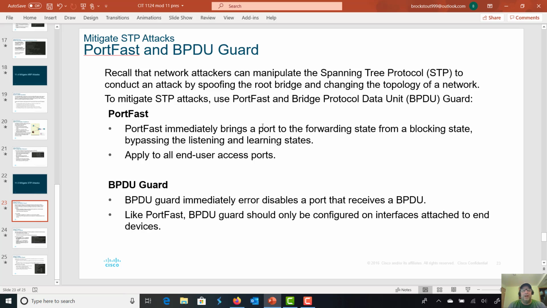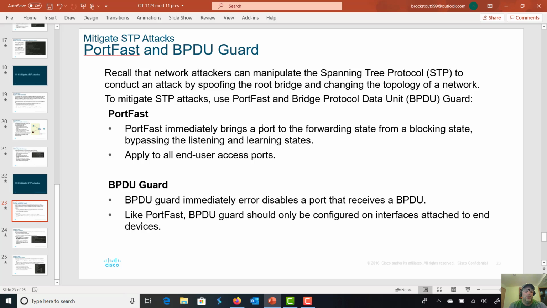So one of the things you want to do to prevent devices or switches or fake switches or bad actors from joining your network is go to every one of your access ports that's connected to end devices, or truly connected into a jack where your end devices are, and you're going to set up two different commands on those. You're going to set up PortFast, and you're going to set up something called